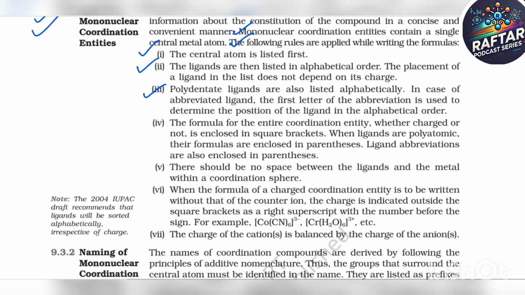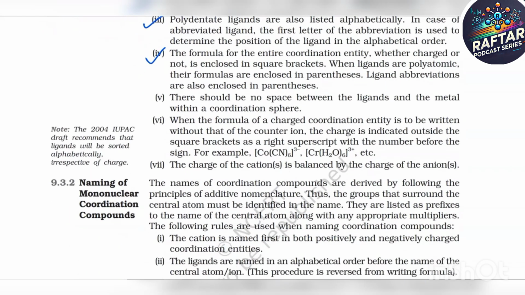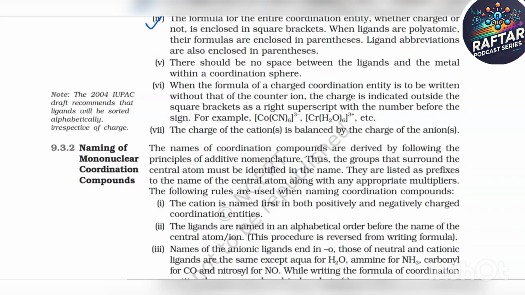Fourth, the formula for the entire coordination entity, whether charged or not, is enclosed in square brackets. When ligands are polyatomic, their formulas are enclosed in parentheses. Ligand abbreviations are also enclosed in parentheses. Fifth, there should be no space between the ligands and the metal within the coordination sphere. Sixth,